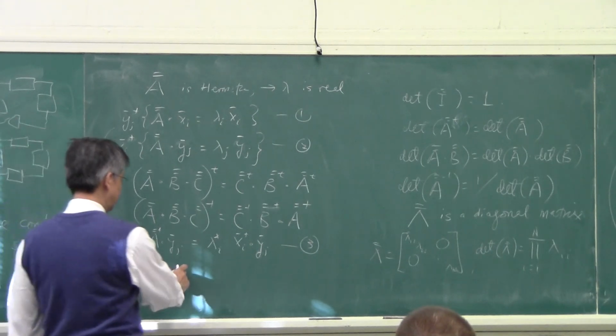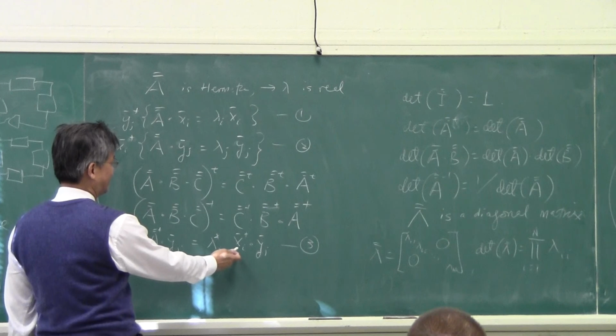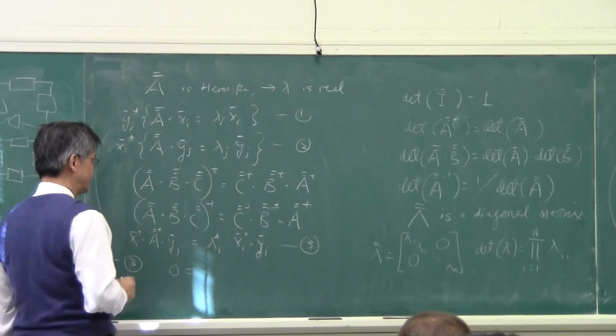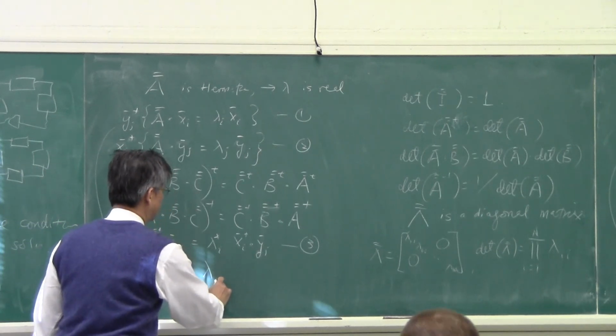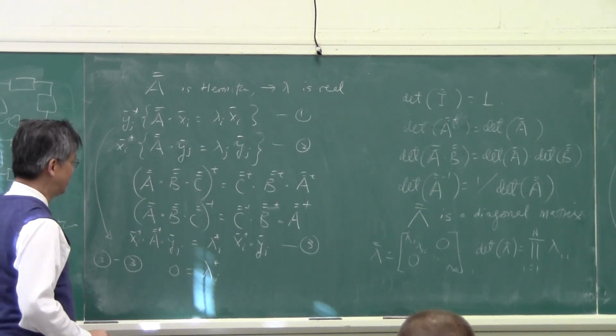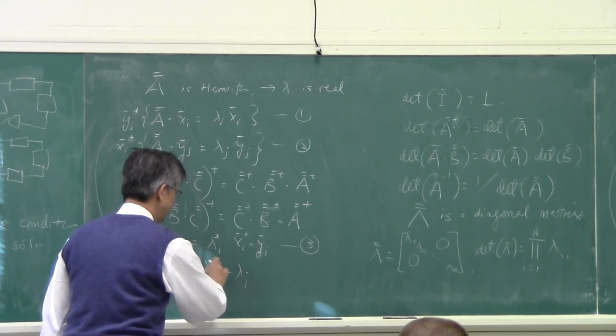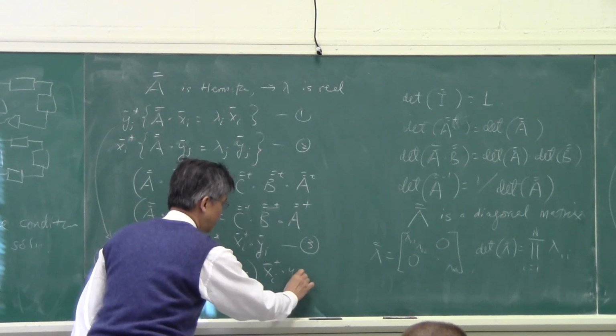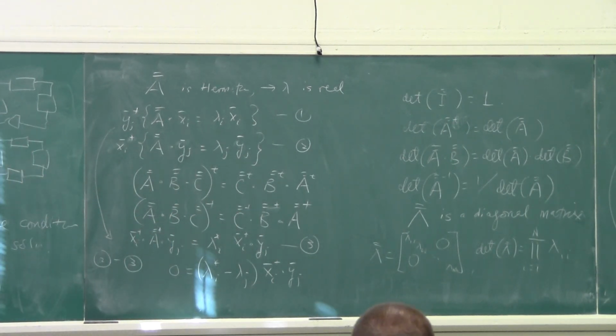I have 0 equals to, then I have xi conjugate transpose yi. On the right-hand side, I will also have that. So I have lambda i conjugate transpose minus lambda j, xi conjugate transpose yj. Okay? So this line, the last line, proves two facts. One fact is that if xi dot yj is not equal to 0,